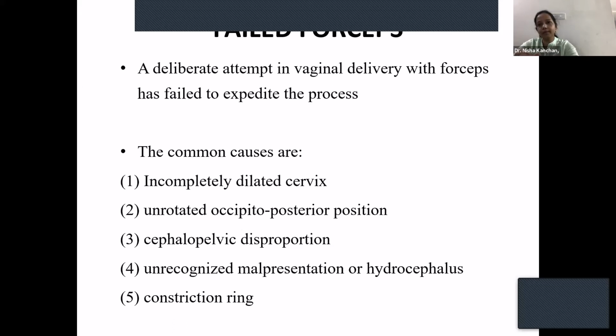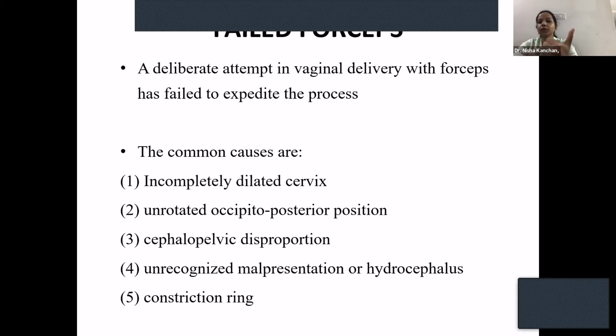Now, failed forceps is, you can say, like how Manish said, the obstetrician is at fault here. You don't think that you are not keeping anything ready for cesarean section, and in your ego you are trying to do a forceps and you're not trying to come to terms with the fact that there can be a failed forceps. So you're doing a vaginal delivery and you don't want to abandon it at any point.